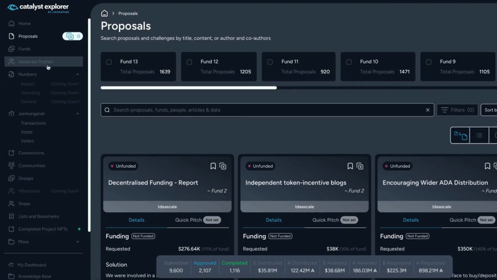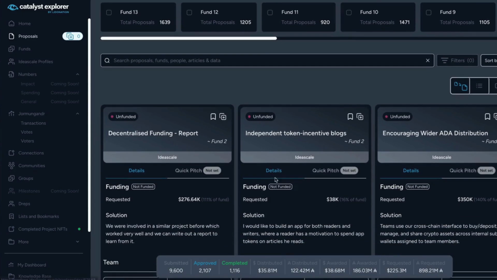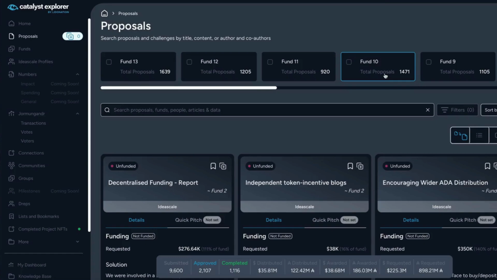So if you head over to the proposals page, on the cards, you'd notice a new icon that we've added. If you hover on this icon, you'd see it saying compare proposal. So this is sort of the button that will add a proposal to your list. So you can do the usual. Say we want to